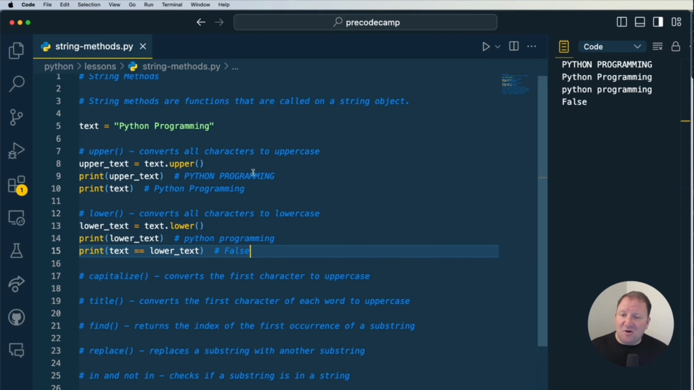And even though Python programming, if we look over here, Python programming to us as humans is the exact same thing as this, in peace match, but because we have an uppercase P and a lowercase one down here, the comparison fails. So again, I know we haven't talked about comparison yet, but I'm just trying to put that little thought, that little idea in your head